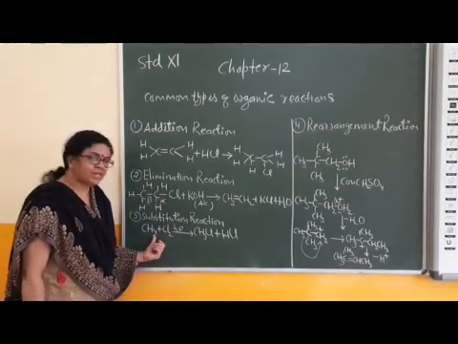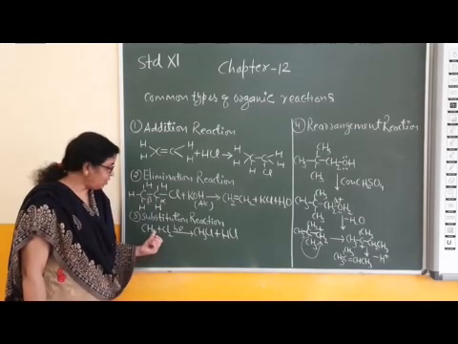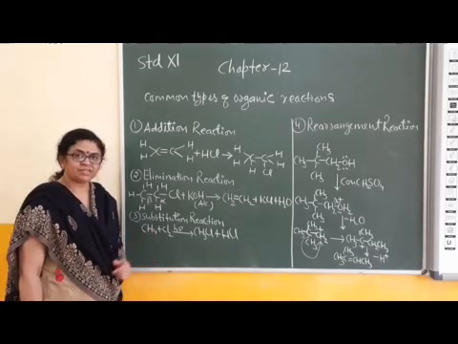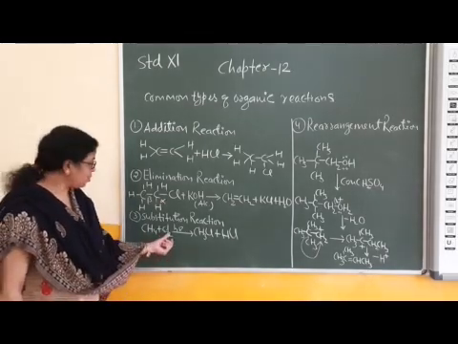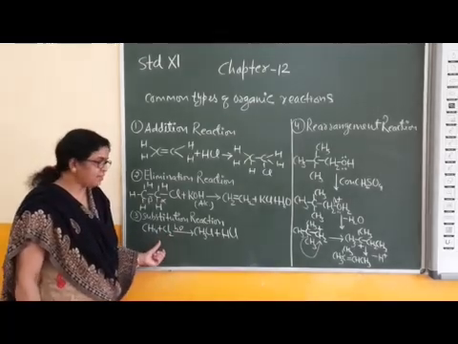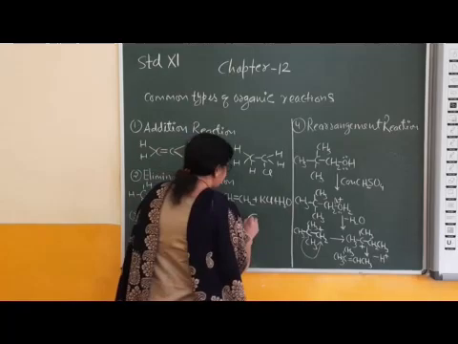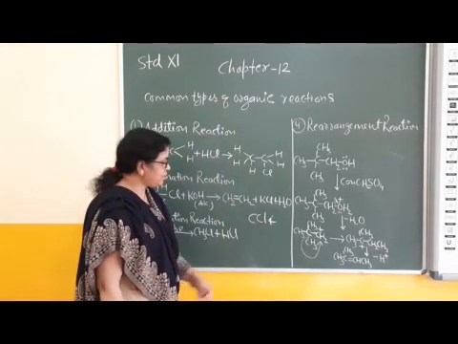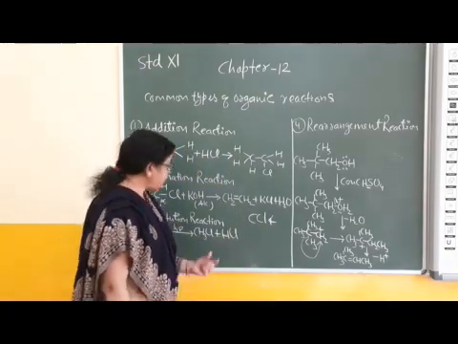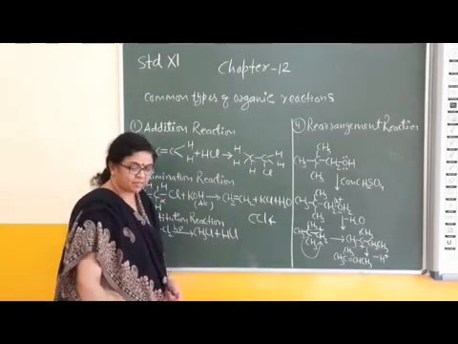Here 4 hydrogen atoms are present. 4 hydrogen atoms are attached with carbon. All hydrogen atoms are equivalent. Complete substitution or chlorination of methane gives CCl4, which is carbon tetrachloride. CCl4, trichloromethane or carbon tetrachloride. But this is one step substitution. Okay children?